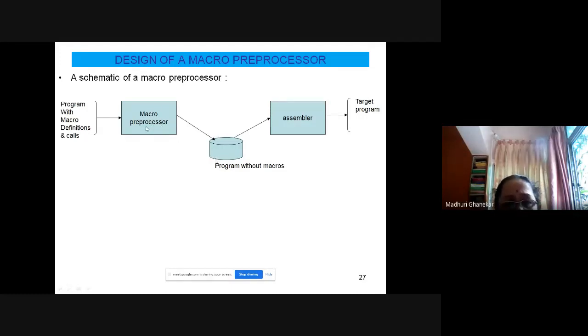This generates the program without macros. Means this will be a purely assembly language program, no macros. So macros are processed first. So this particular software is called a preprocessor. It works first, prior to the assembler.